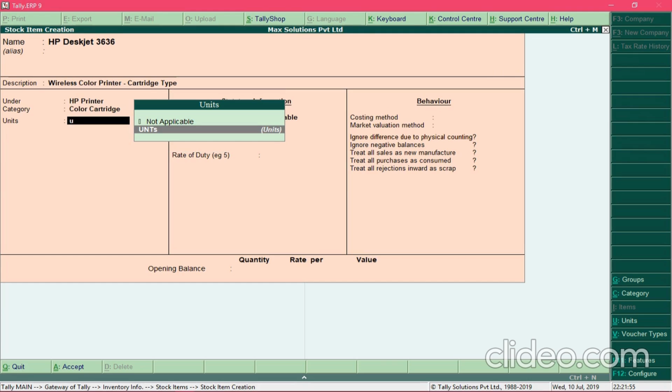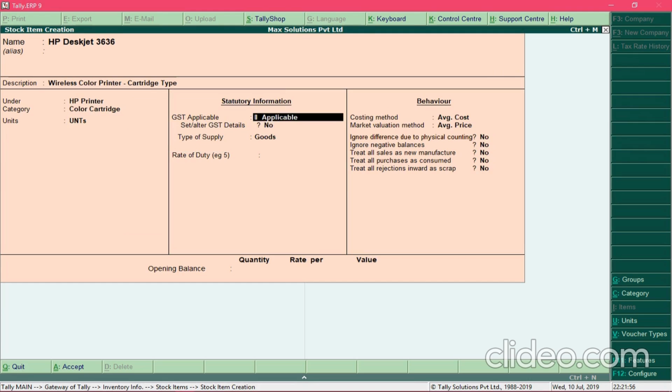So I'll select the type of the unit. So I need not enter this information, and I will keep the costing method and market valuation methods to the default values and create the stock.